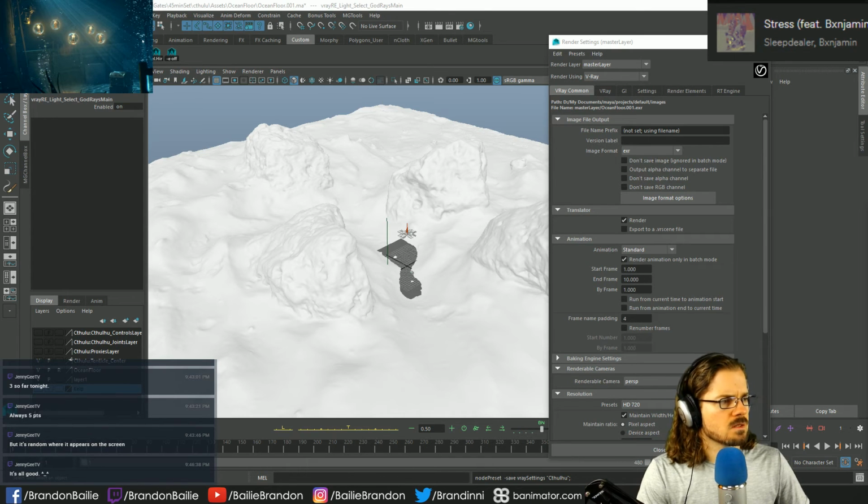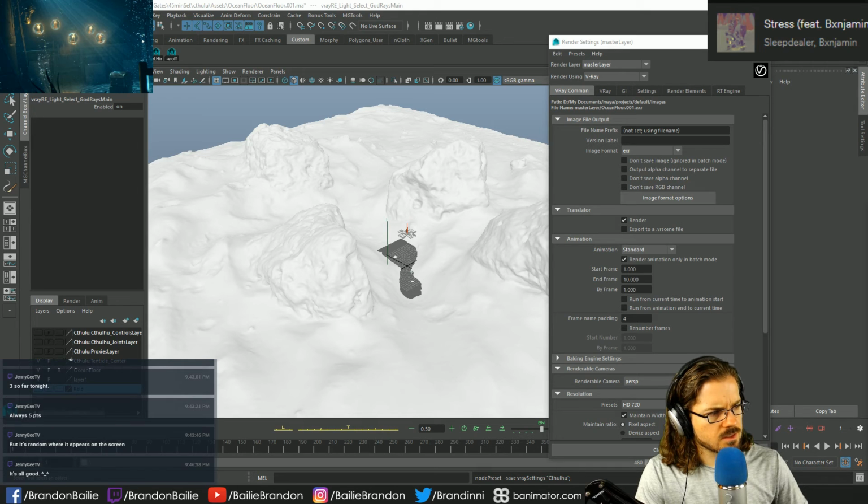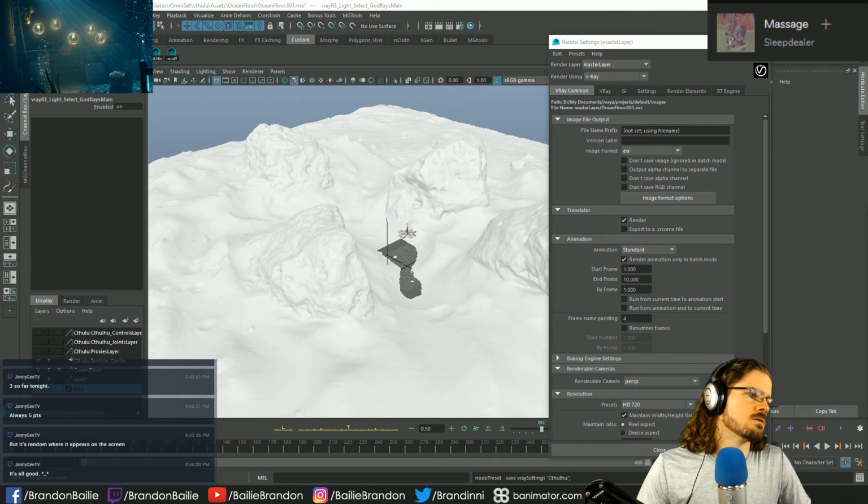So it's just kind of going over the different things, how he set up the lights that were in there. So we'll just have to try and set that up on our own. So what we might have to do